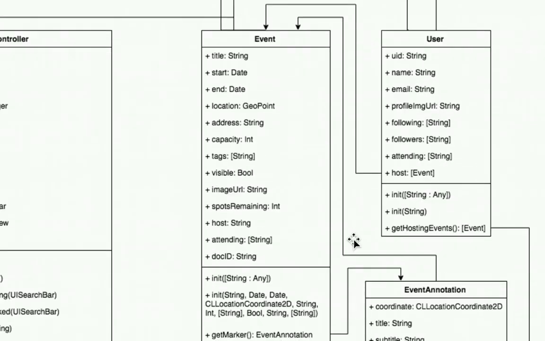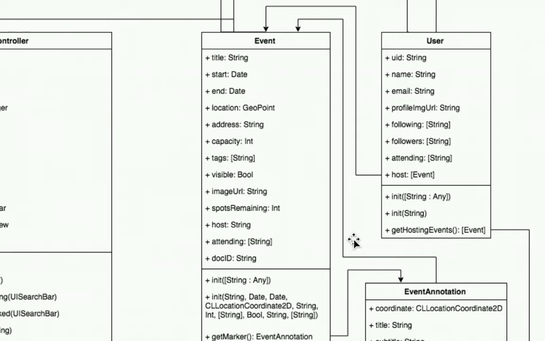The events class takes in various items such as the title, the dates of the events, both the start and the end, where the event is as a latitude and longitude geopoint location, which is what the Firestore uses as a location element, the physical text address of the events, how many people are able to fit within the events, some tags associated with it, whether or not it is a private or public event through the visible tag, and the image URL, which will be an image provided from Firebase storage for the location of the image,